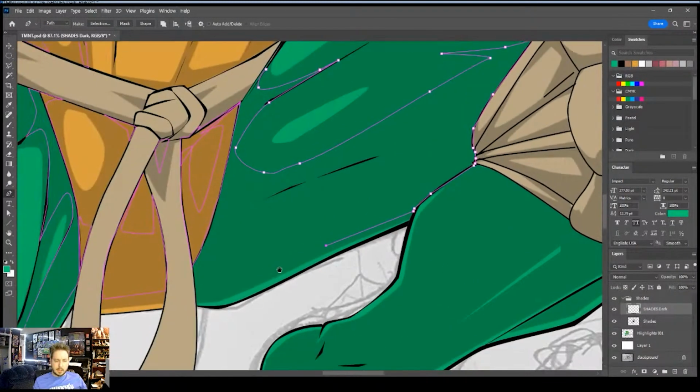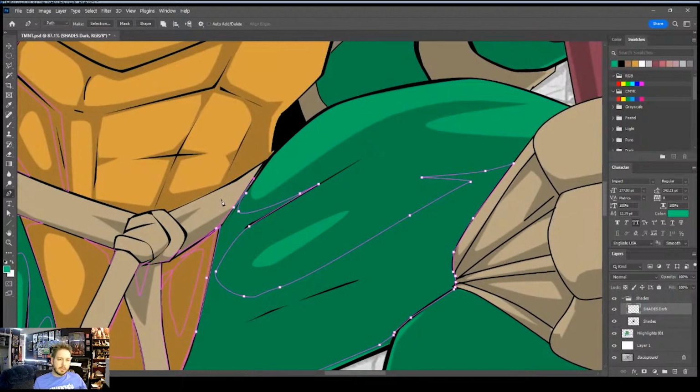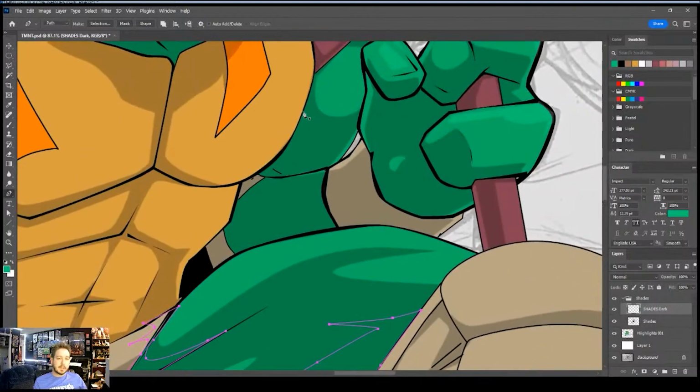So we can get that there. Down here, it's probably okay to get pretty close to your other shades because that's kind of just supposed to be around the other side. That's kind of showing through a little bit of his leg. Definitely got to put some down here. This is going to be the dark spot on